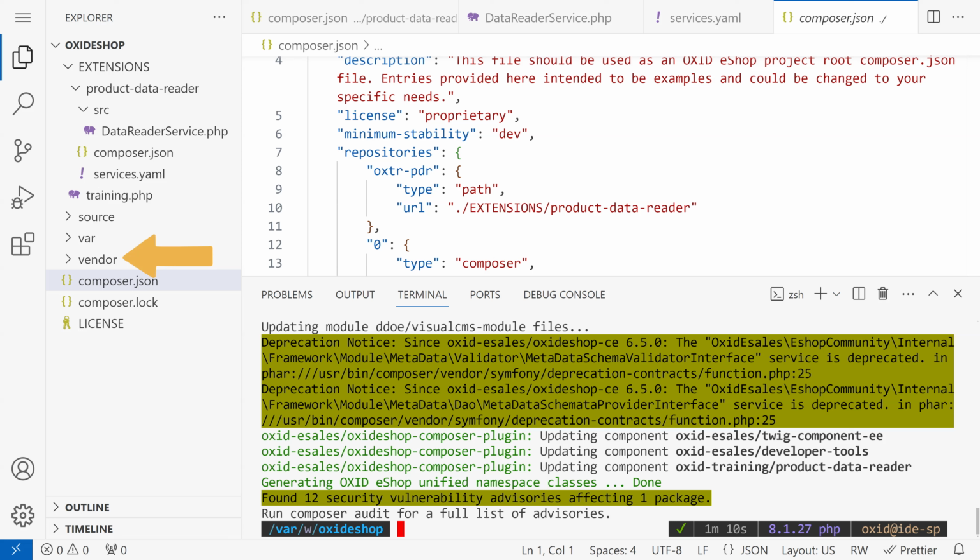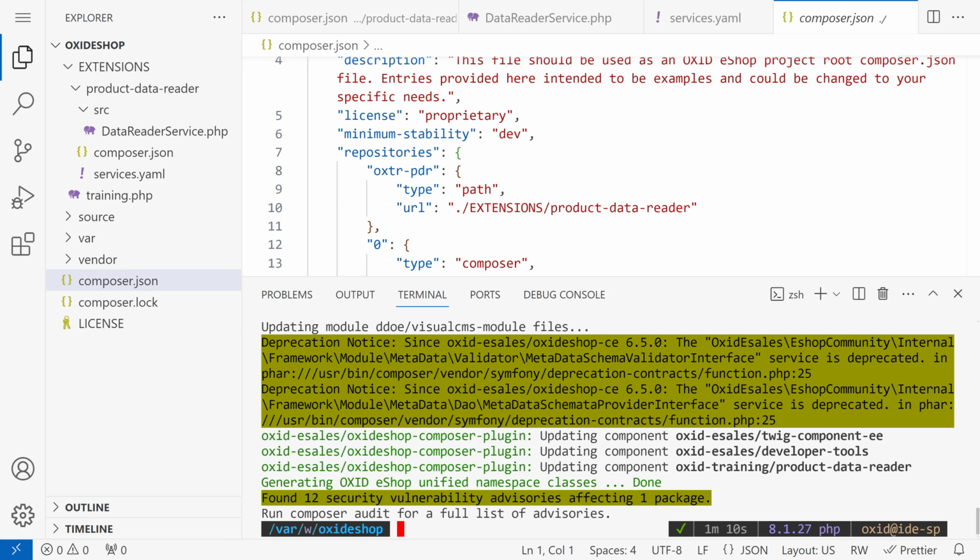Since we are using a local repository, the contents are usually symlinked to the vendor directory. If not, you should set up the symlink yourself to ensure you can code in the extensions directory, but all changes are also directly represented in the shop's vendor directory, which is the location the shop loads the extension from. This is the ideal situation to develop our extension without all that overhead of committing and installing again and again